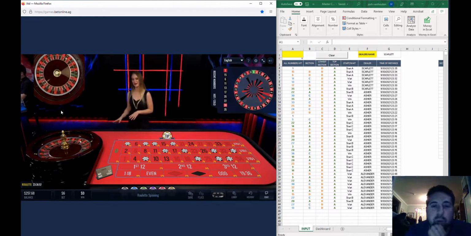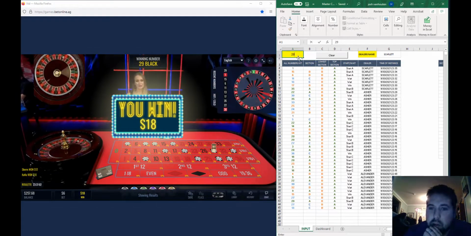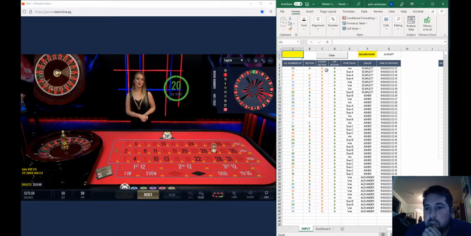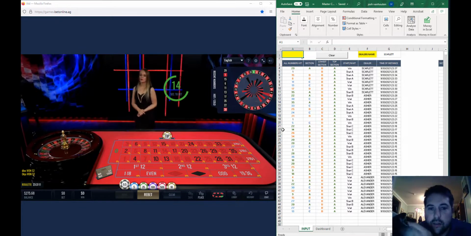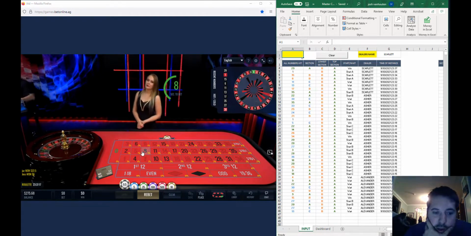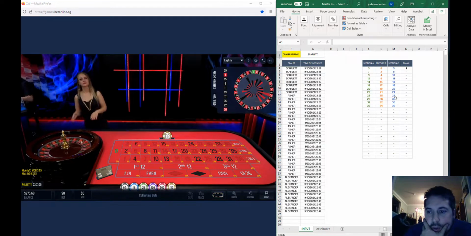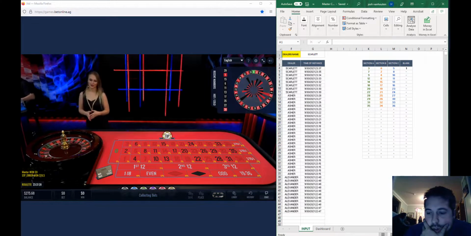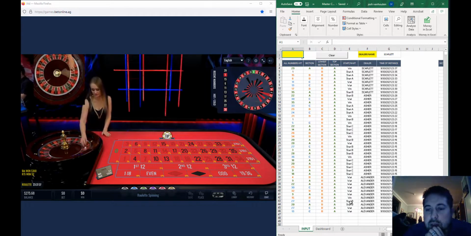And just like that, we win. So we put in 29 into our system, it says win. Just like that. It's literally that easy. That's all you have to do. We could bet on C, but I'm going to wait. Section C hasn't come up for 4 times, which is all these numbers. And as you can see, we have the dealer name, we have the times,